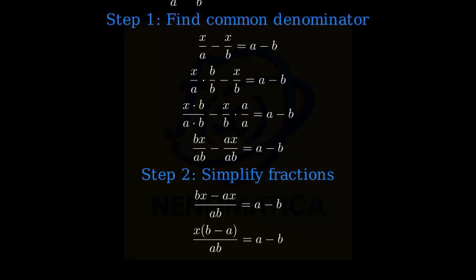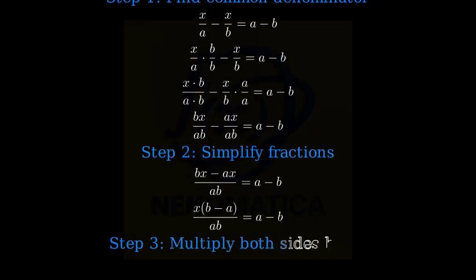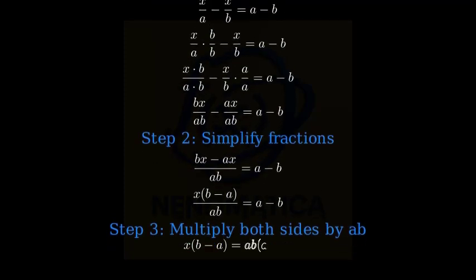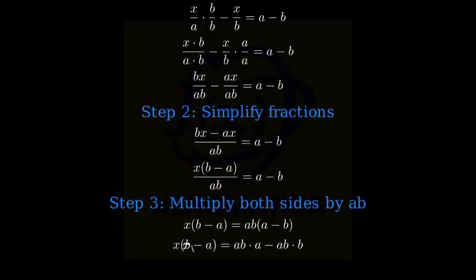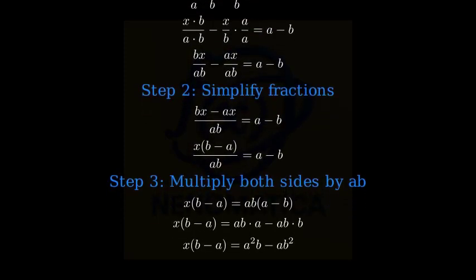Now let's solve for x. We'll multiply both sides of the equation by ab to eliminate the fraction. This gives us x times (b minus a) equals ab times (a minus b). On the right side, we distribute ab to get ab·a minus ab·b, which simplifies to a squared b minus